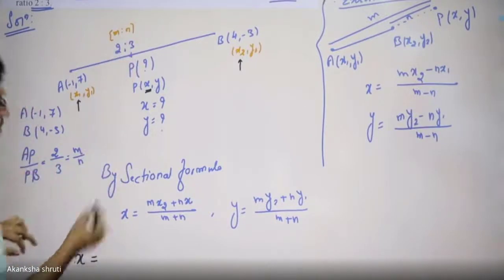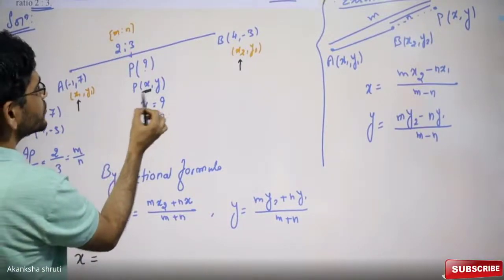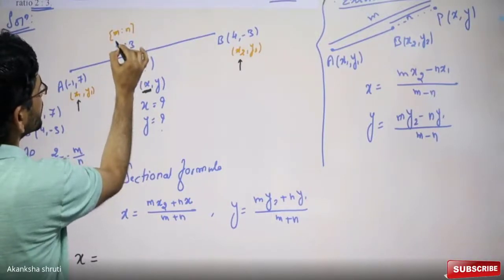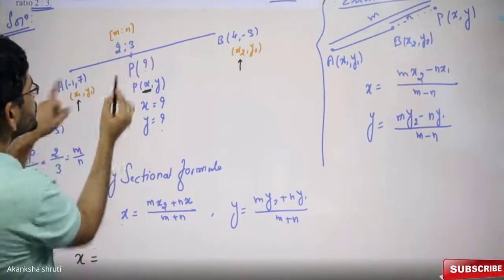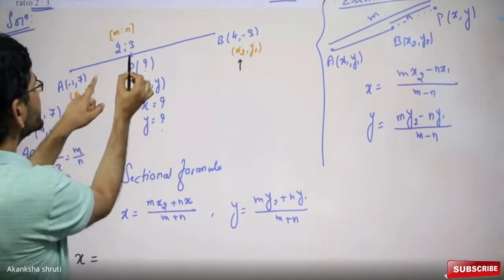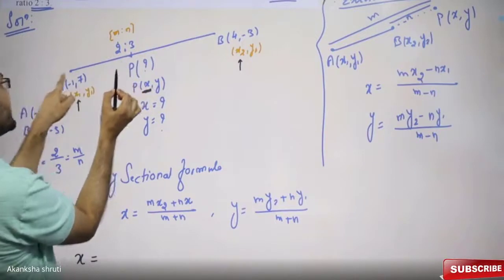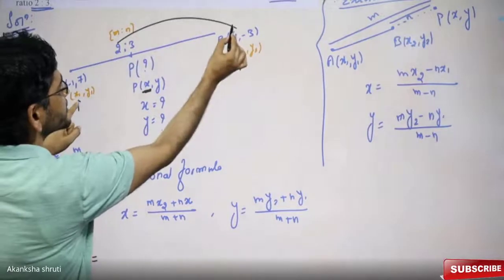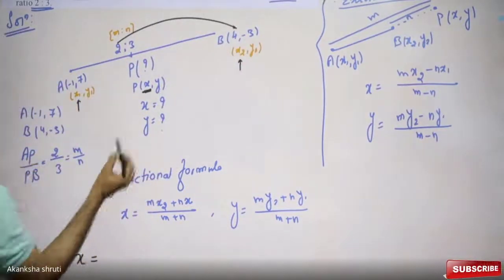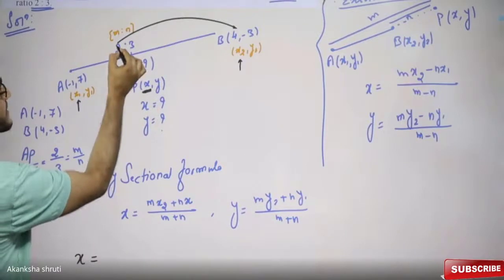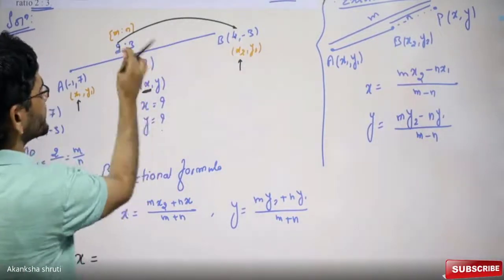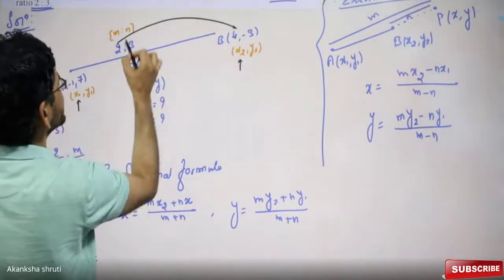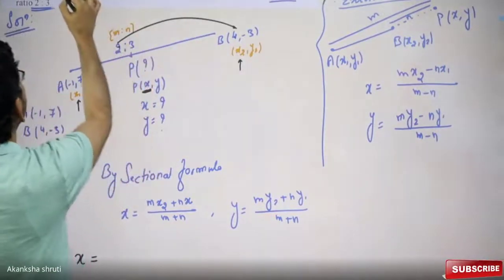Students, for getting this x, you always start with one of the ratio terms, say 2. We are going to start with this 2. 2 is on the side touching P and A, so we need to go to the other side, which is not touching P and A. So this x is calculated by taking this 2 into 4. For this ratio, it is the first part, so go to the second side coordinate. That is the easiest way of writing.